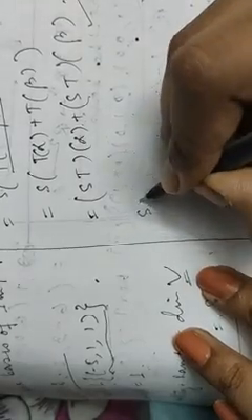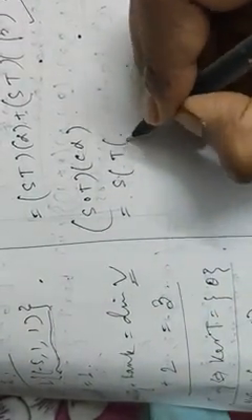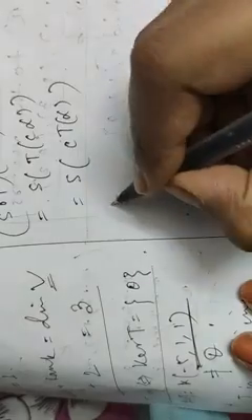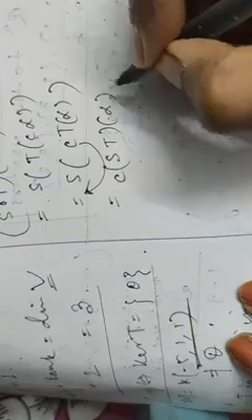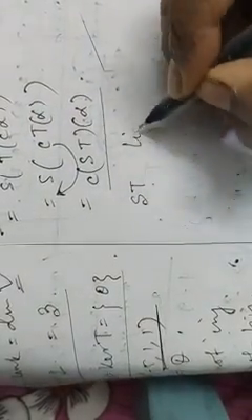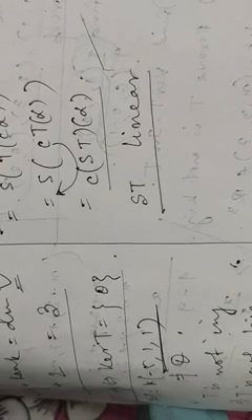Moving to the second condition, the composition ST of C alpha. Exactly the same proof. T of C alpha we can write as C T alpha because T is a linear mapping. Again we can put that C outside because S is a linear mapping. So C of ST alpha. We started with this and ended at this. That means the second condition of being a linear mapping is satisfied. Then this ST, or S composition T, the same thing, is a linear mapping. That means the composition of two linear mappings is always linear.